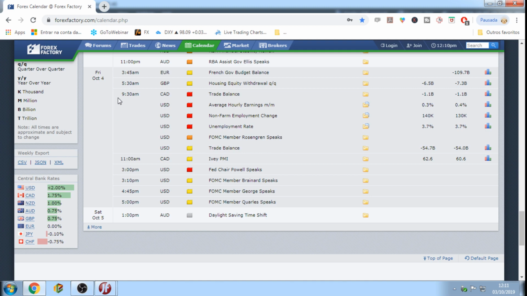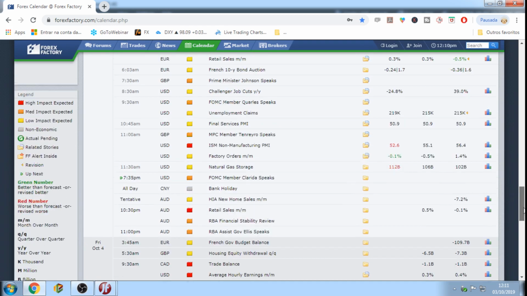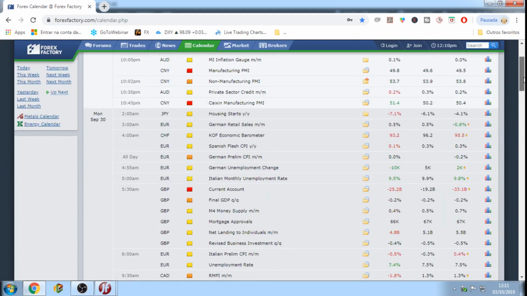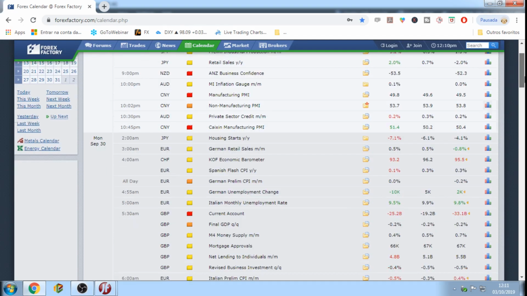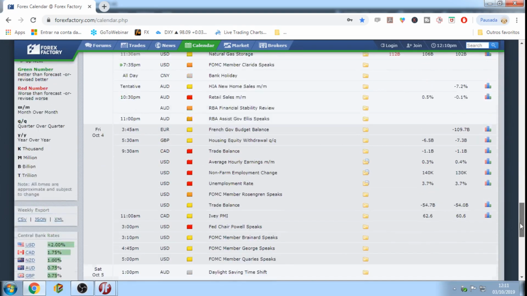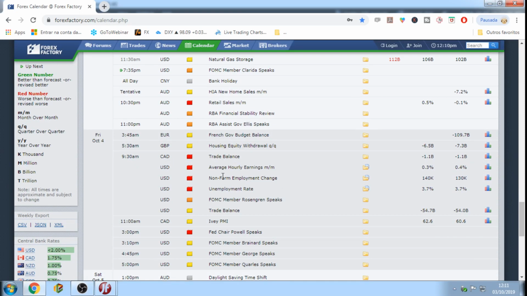My time is going to happen 9:30 a.m. and Miguel is saying, oh, seems that is going to be unsatisfactory. So the previous is the first line, then the second on the left. So you have here USD, non-farm employment change and unemployment rate. So they expect that the news is going to be good. But this will look like short. Yes. So they expect, everybody, this is the second column is the prediction.